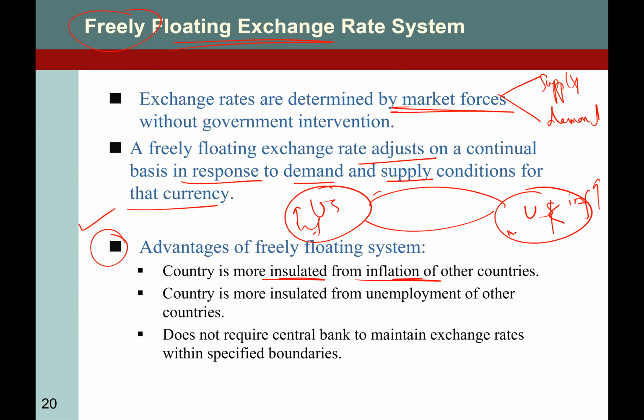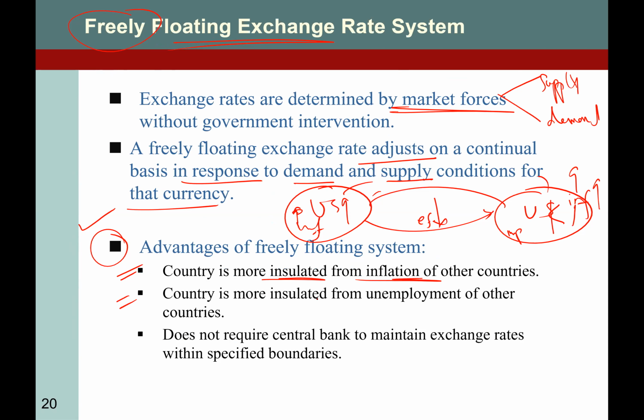Now the UK will be importing more US goods. And what happened? The inflation is going to be transferred. It's going to be insulated. How? Because in the UK inflation also rises, and it's also rising here, but there is the exchange rate. So whoever got the highest inflation, its currency goes down, right? We'll be discussing this scenario with respect to the UK and US in the next slide as well. Let's talk about its advantages first.